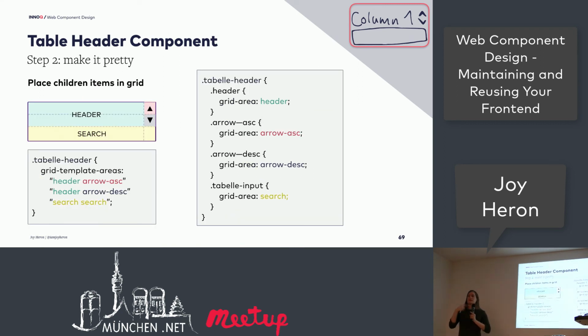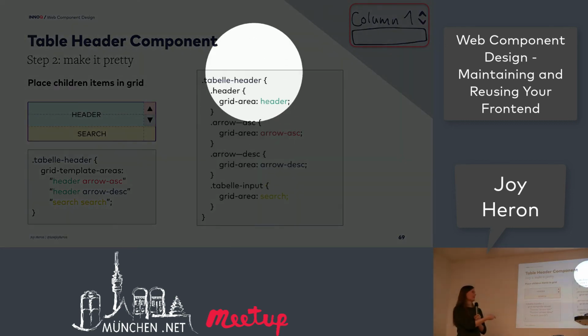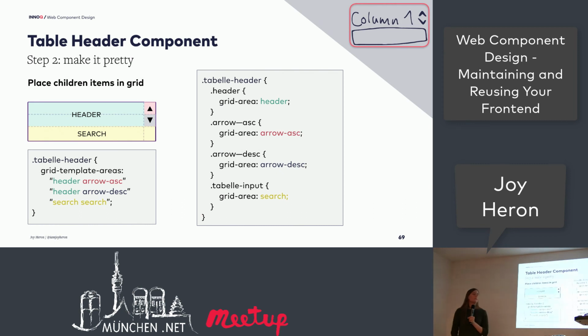So that was the first step, to design our container. And now I can just place my children inside of my grid. So here I can see using the grid area... oh, the spotlight's not working. Oh, there you go. The grid area in my CSS, I can bind the grid area to my CSS classes,